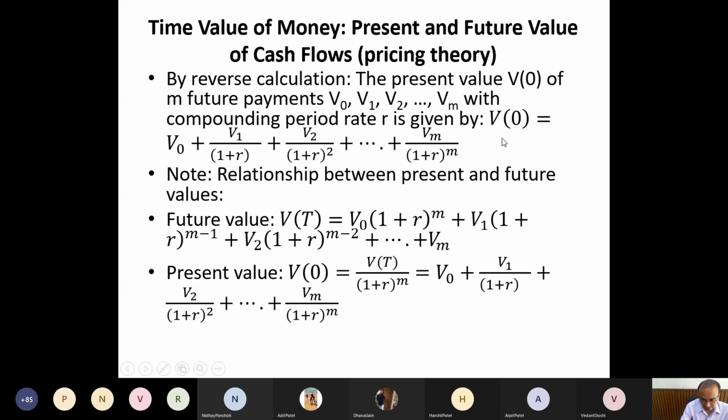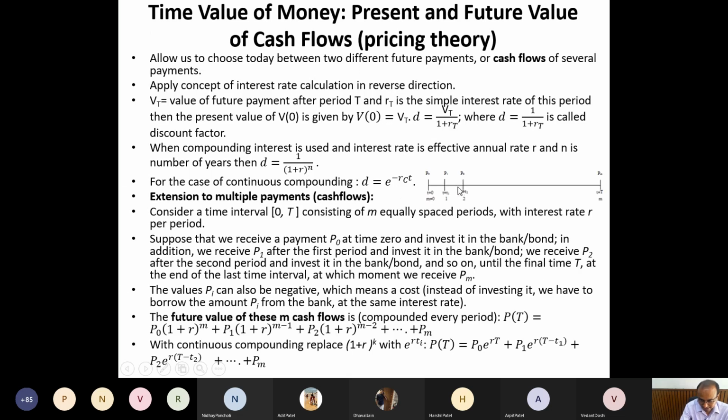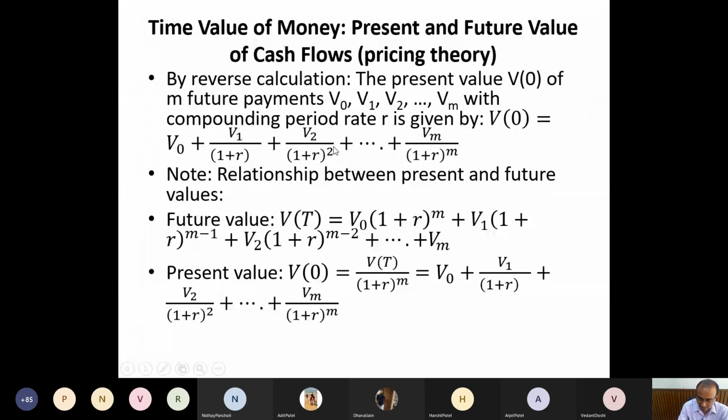So I can plan accordingly, right? That is my plan. Okay, and this first situation is just, you can say, an illustration. What will be my future value if I invest? What will be my future value? And this, if I have taken a loan, I can use this, right? What will be my present value? So I hope you understood this.